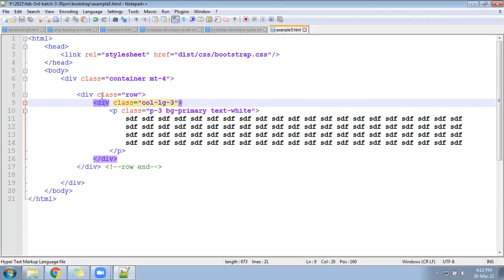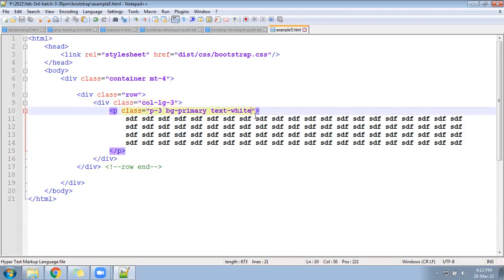Right? Now write a class called rounded.